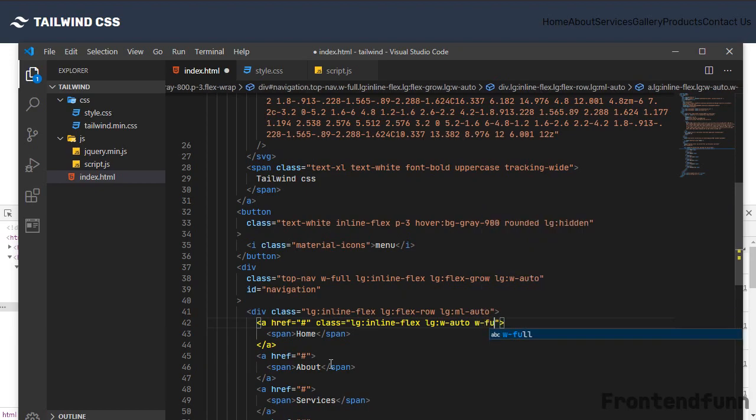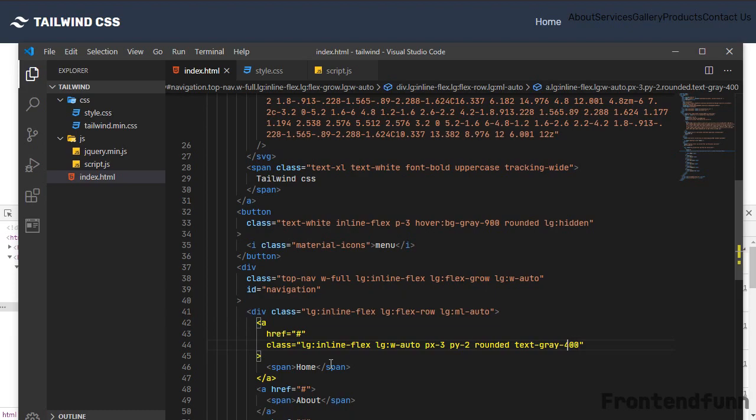Next w-auto. Let's add some padding, px-3 and py-2, that is horizontal and vertical padding. Okay, rounded makes the border radius rounded, and the text color will be text-gray-400.